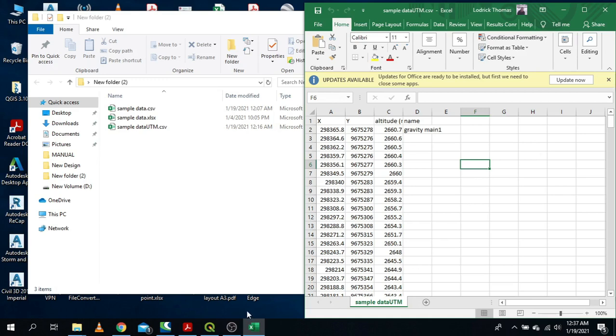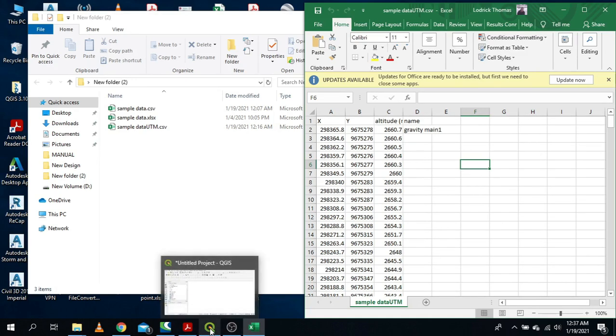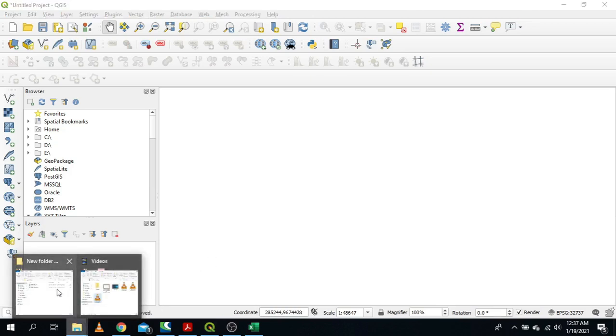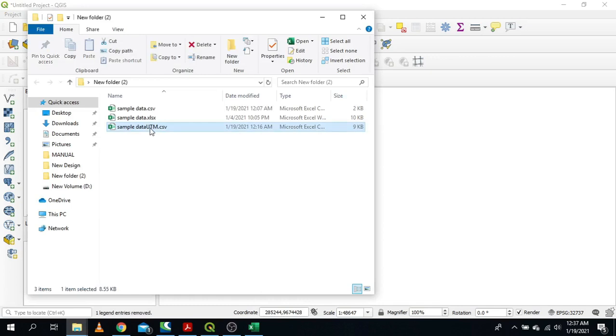Again, as I said, we are going to use QGIS. So if you don't have it, please go and download it. It is free. Just Google QGIS. So that being said, our first mission is to have data. My data is already processed. Just make sure that if you have your data in a normal Excel sheet, you convert it into CSV, comma separated values. Then we can proceed from here. Mine is already converted, so I am going to proceed.